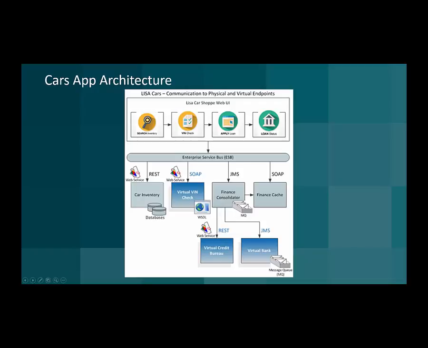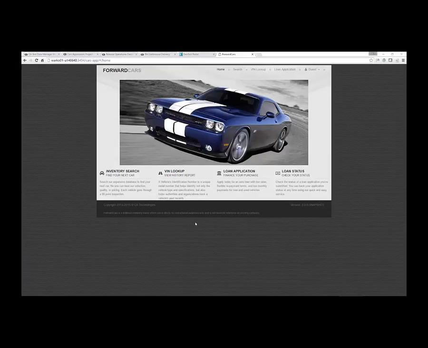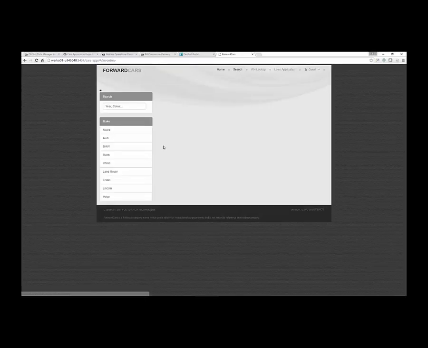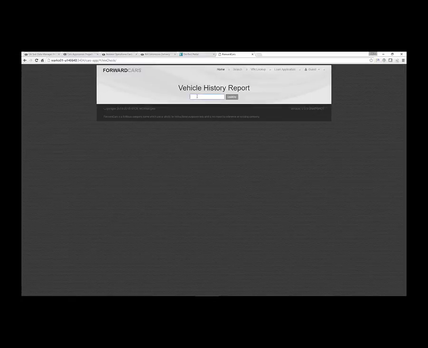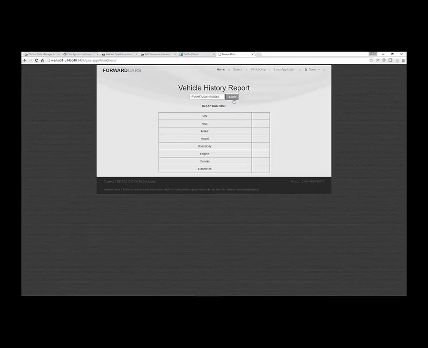Now to start with, I'll show you the CARS application. So as you can see, it's a web application. If I click on the search, you'll see we get back a list of cars. If I click on the VIN lookup, we can enter a VIN number, and that'll do a lookup and get a response on that car,